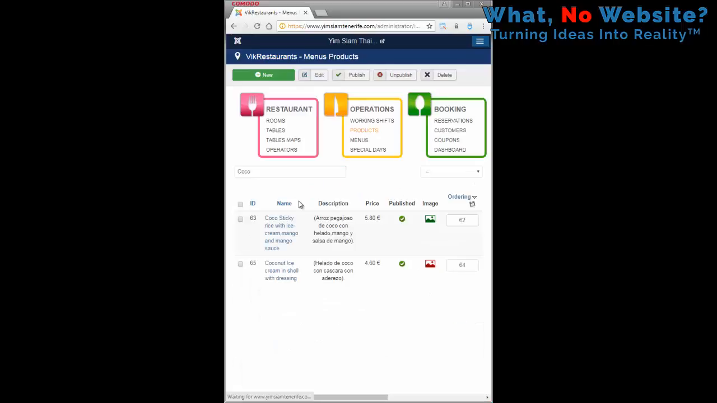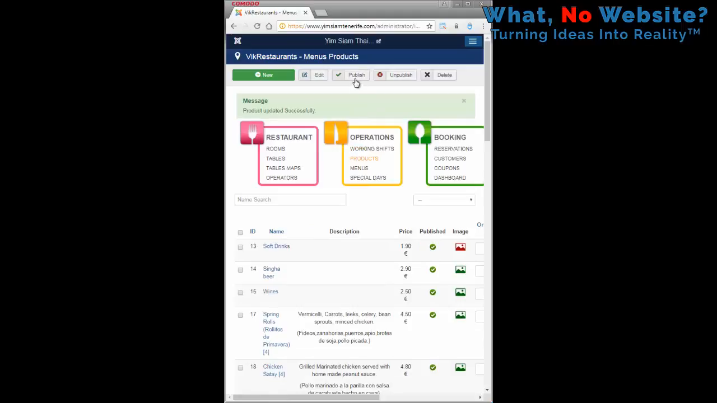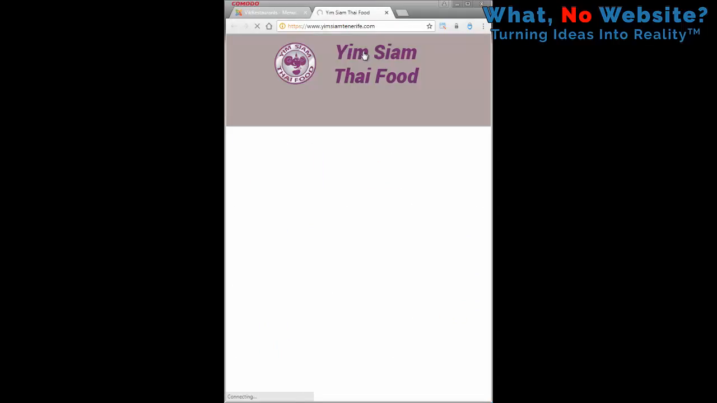Cocoa sticky rice. And there we go, that's it. That's your images added. If we go to your website,